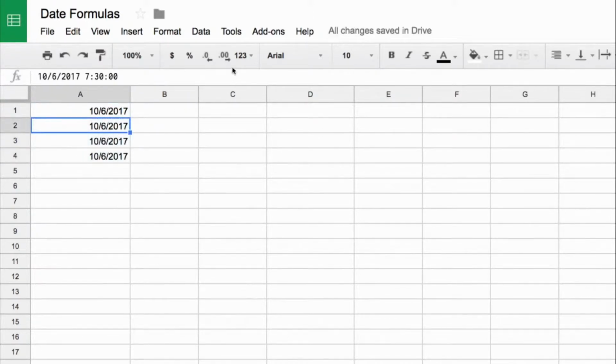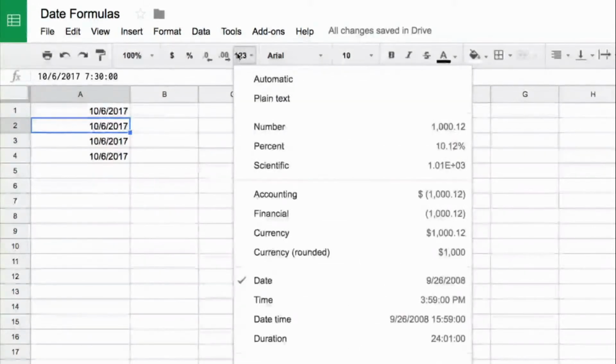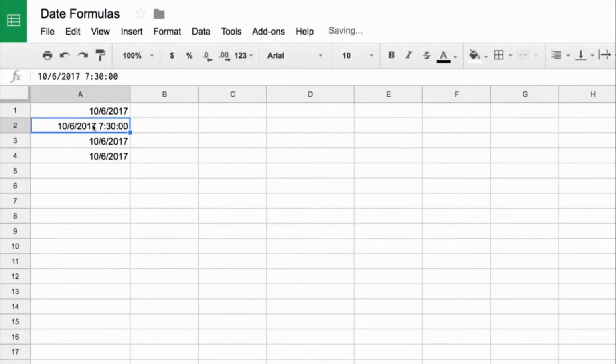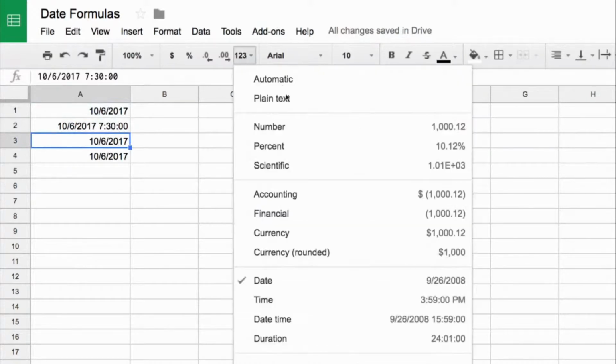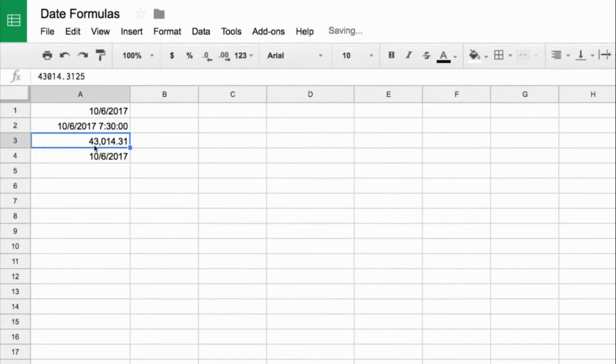And this one here, I just want to show you what happens when we change the format of our dates. Then I can change it from a date to a date time. And you see now that it just adds that 7:30. So it's 7:30 in the morning on the 6th of October. It's still exactly the same, because if you remember, I copied that one down, and again, this is exactly the same, but this time I'll change it to a number, and you can see it's 43014.31, and then this one here, I'll change it again to a number, and this time just remove those decimal places, and they are all representing the same date to the spreadsheet,